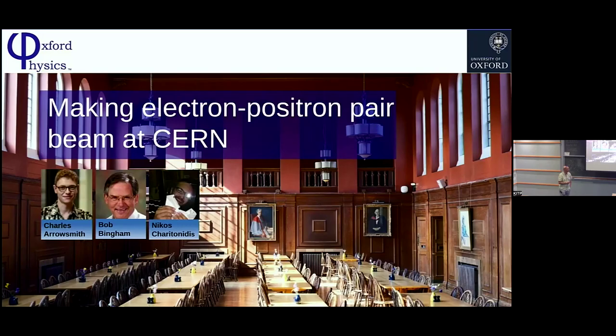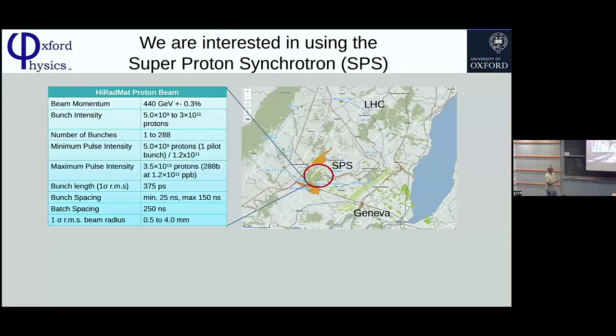Okay, so this is the work we do at CERN. At CERN, we use one of the particle accelerators, the Super Proton Synchrotron, here the ring. Most of you are familiar with the LHC. The role of the Super Proton Synchrotron is essentially to act as the main injector for the Large Hadron Collider. However, the SPS can also be used for individual experiments. There are many end stations around the SPS ring, and we are going to use one of those end stations.